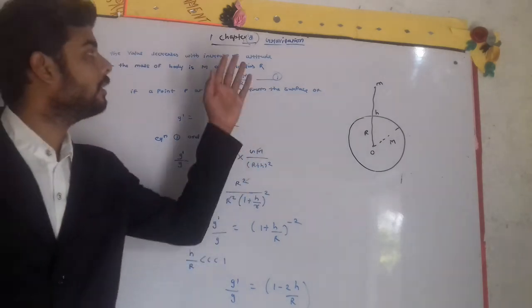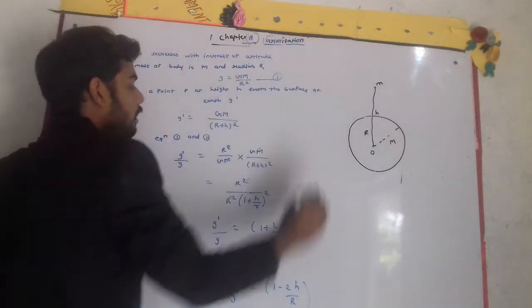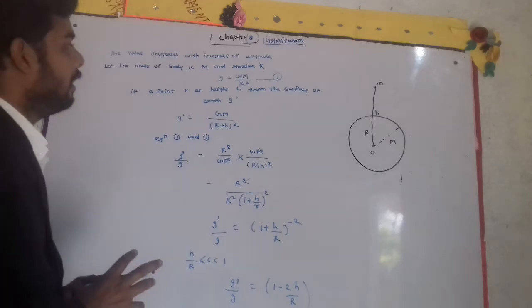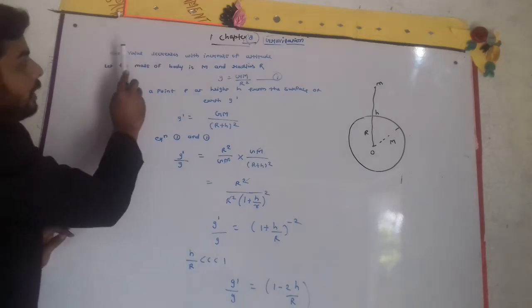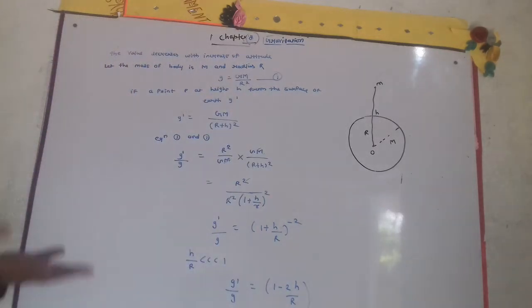Now we are going to watch another video. We are going to study a derivation. We have a question: if we are increasing the altitude, then what effect will happen to g? The basic question is that the value of g decreases when the altitude increases. If we are going above, then the g value decreases. So we have to make a relation for increasing the altitude with decreasing the value of g.